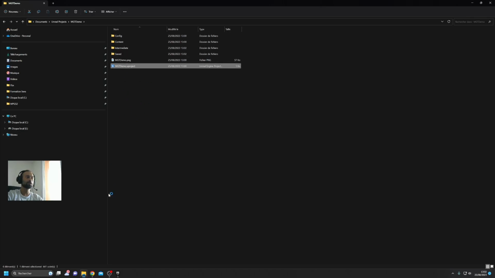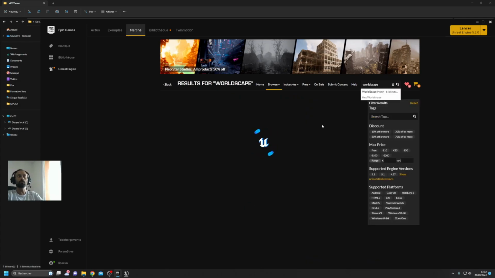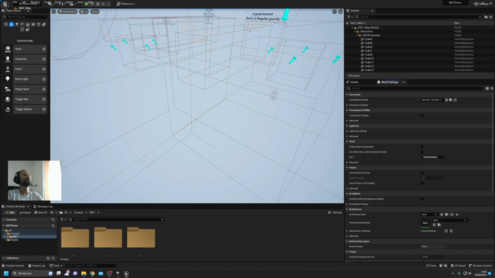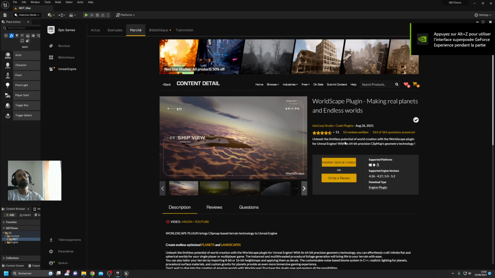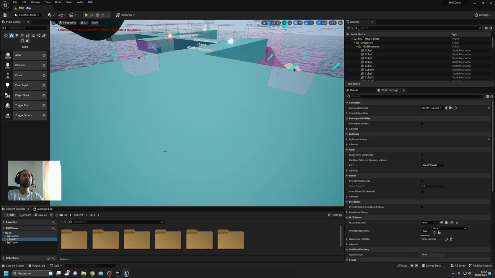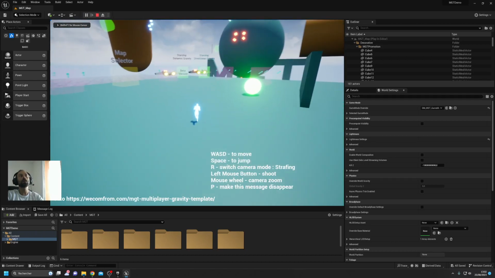I can launch it, and now we will need another project. We will need Worldscape. So look for Worldscape in your Unreal Engine launcher. Click on it, and you will have to pay for it because it's a paid plugin, and then install it into the Unreal Engine. If you have done this, you have nothing else to do with the Epic Games Launcher. You can just leave it, and now inside your MGT project, you can just try MGT